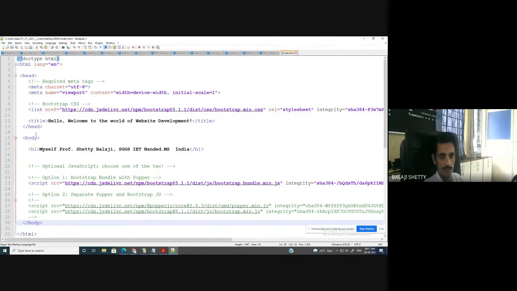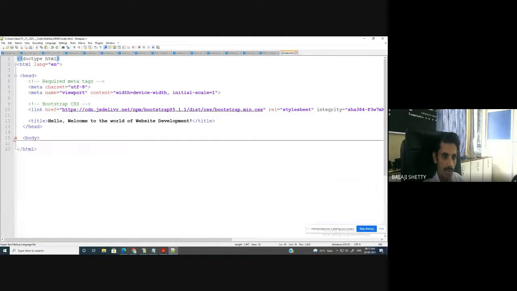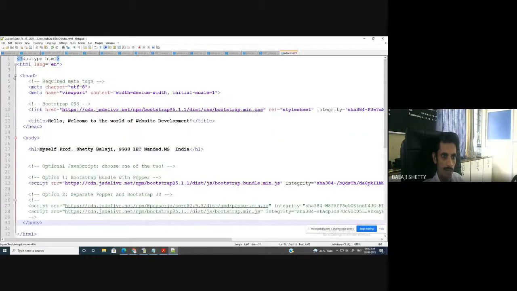Save it. Now here the Notepad++ editor is there. You can see the color code is there. Different color codes are there for CSS file, different color codes for JavaScript file. You can see this body. You can maximize, minimize, and here HTML, ending HTML. Clear? Now what is my next step?